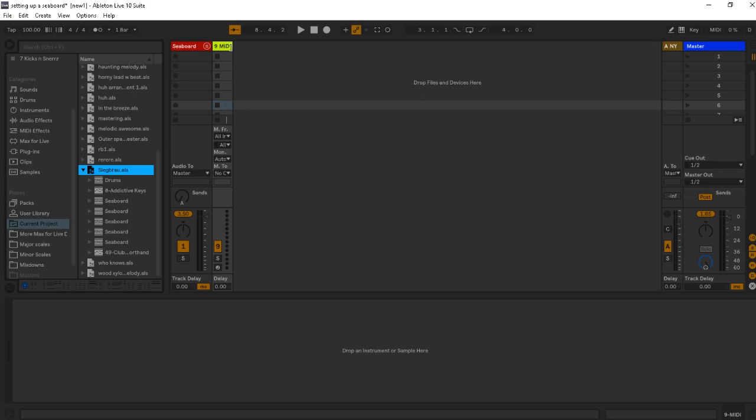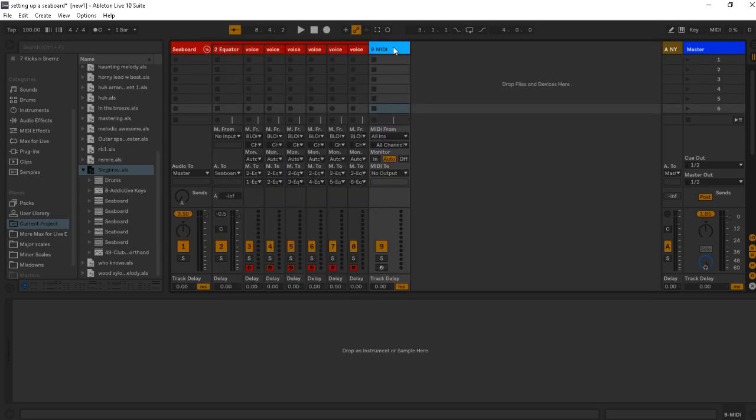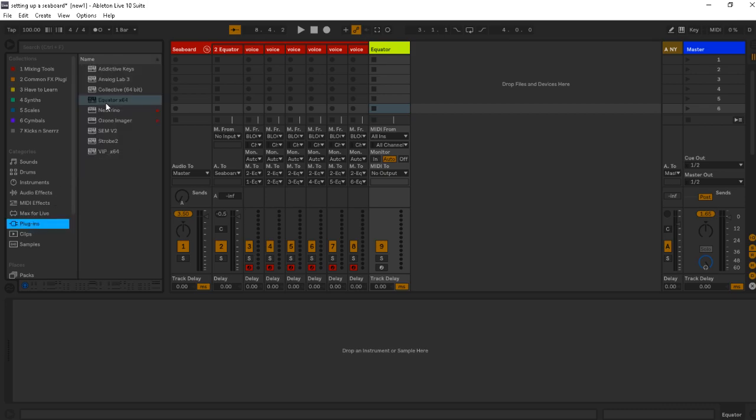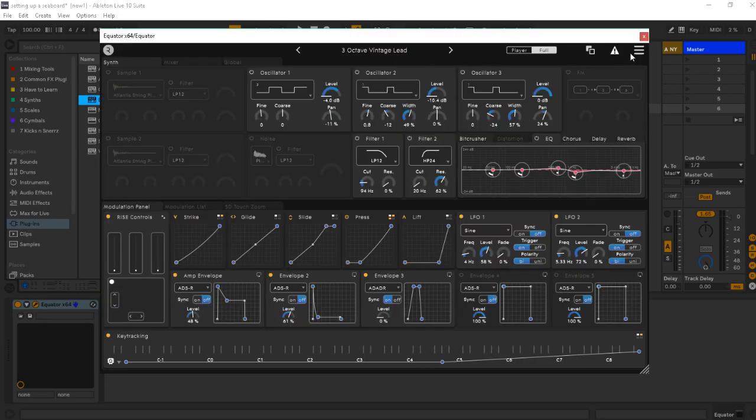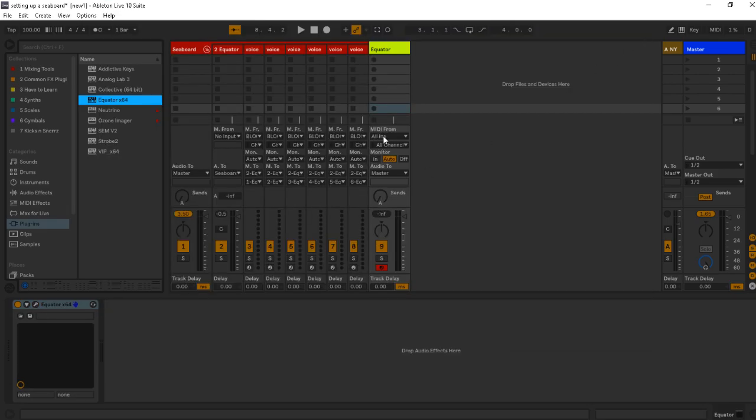So first thing you're going to need is a MIDI channel. I'm going to use this as a reference because I need it. And we're going to call that Equator, because this is what's going to hold the Equator device. So you go in your plugins and you grab your Equator and you drop it in. Get rid of that. Bye-bye. Okay, first thing you do, you change the MIDI from no input, and then audio to, well, let's